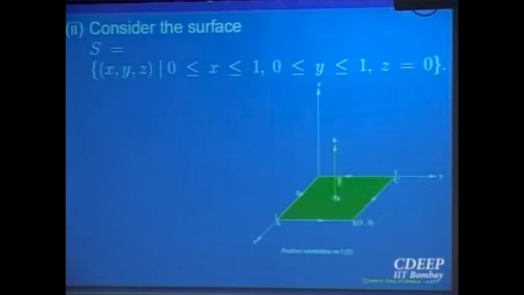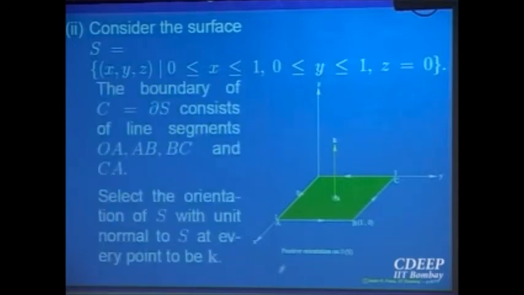If you select this one, which is going up, with the z-axis as a normal at every point, then you have to give a compatible orientation to the boundary, given by this circulation, right? So that goes like this. The basic idea is to keep your right-hand thumb along the normal. Imagine yourself on the surface. If this is the normal, then you should be going along the fingers. That is the orientation you should be giving, the compatible orientation. So for a plane surface it is okay.